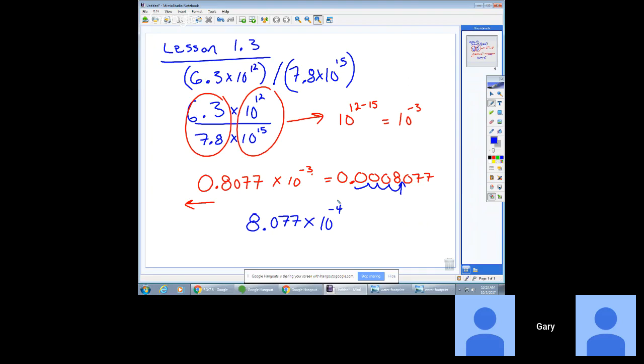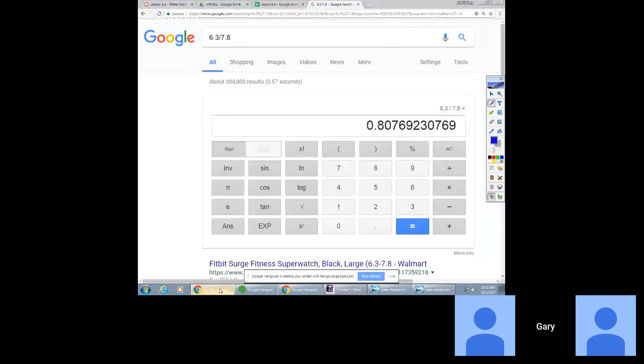Now, could I have screwed that up? Totally. So then I whip out my calculator and I just type all of this into my calculator. So I'm going to go to Google as the calculator and clear this. And I'm going to use parentheses just like it came. And so on paper it said parentheses 6.3 times 10 to the power 12. Close parentheses, divide parentheses